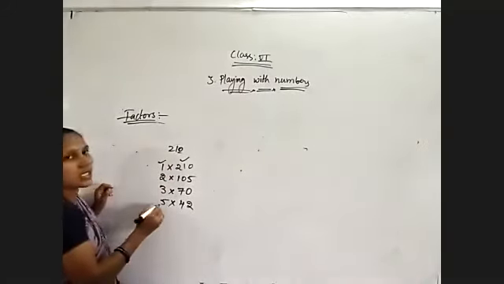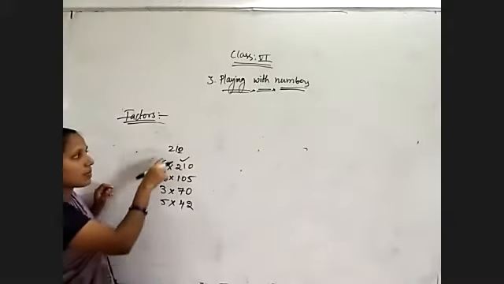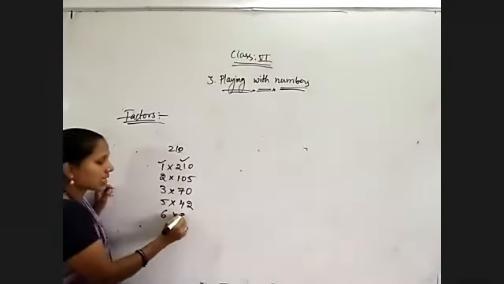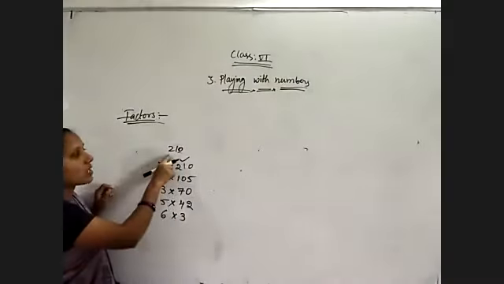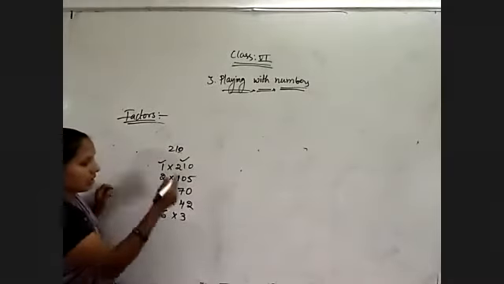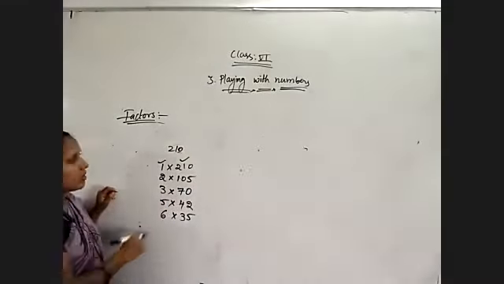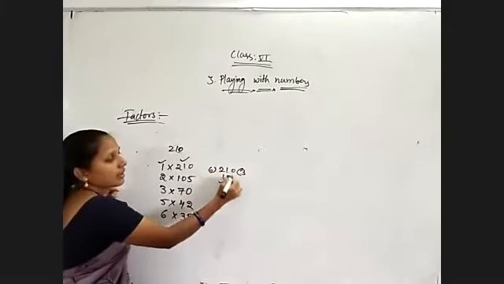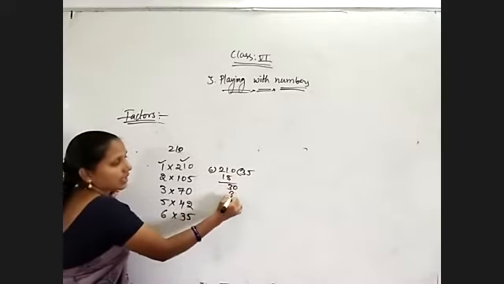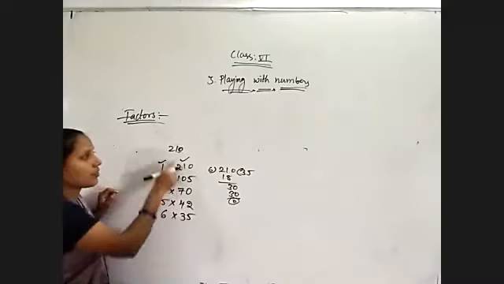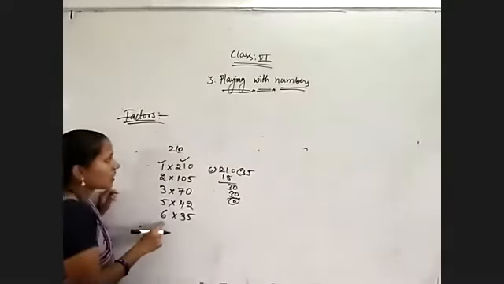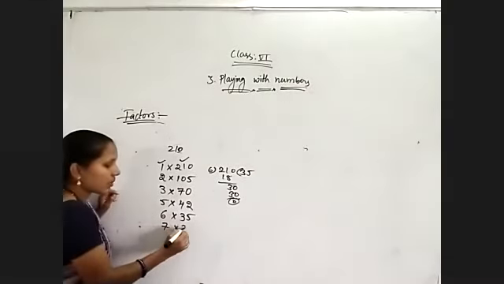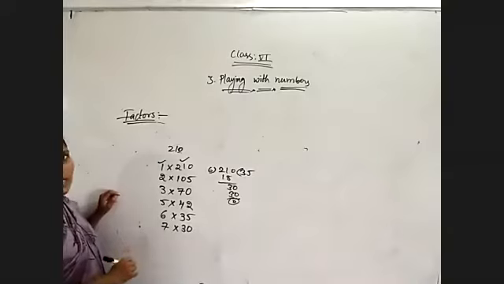And coming to 6. It is divisible by 2 and 3. Compulsorily it is divisible by 6 also. So 6 3s are 18. And how much will we get? 30. 6 5s are 30. Do the division. 210 divided by 6. 6 3s are 18. 3 left, 0. 6 5s are 30. So 6 into 35 is equal to 210. And after that, go through with the 7 table. 7 3s are 21. So it is cancelled in the 7 table also. 7 30s are 210.